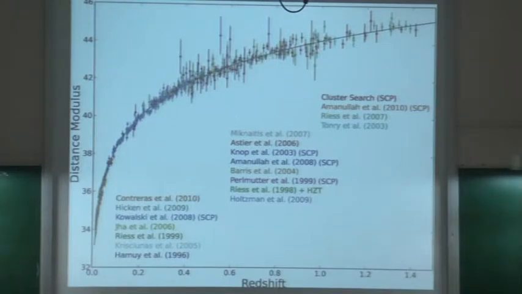So let's say I know this DL, so I have this data over there, which is the distance modulus, which is basically some logarithm of the DL. So we have those data. Once I have these data, I know my DL, and from there how can I get the information about the equation of state, which is the most important thing about the dark energy? Right? So let's try to do that.